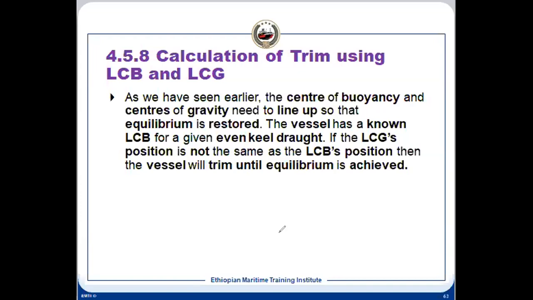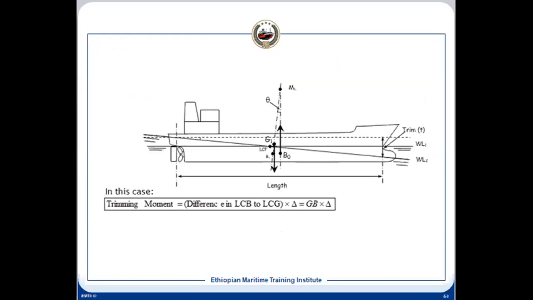So B, what will happen? B will only shift when there is a change in the underwater portion. And the underwater portion volume can only change about that line, the equilibrium line. It means the volume forward and aft of that line has to change. Then only B will start shifting, and then B will come on the same line as G and M, and that will be the equilibrium position, and the ship will remain at that point, and the ship will have a trim. So now let us see this diagram.